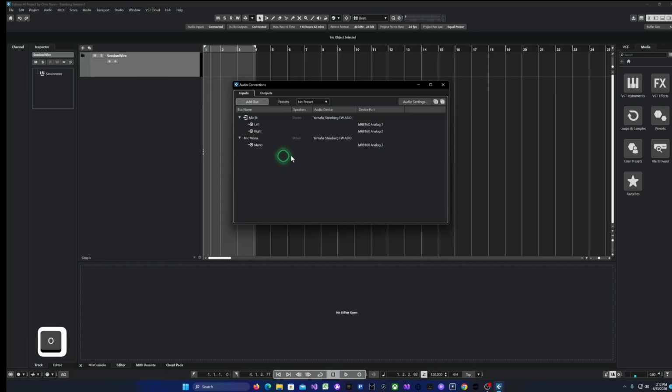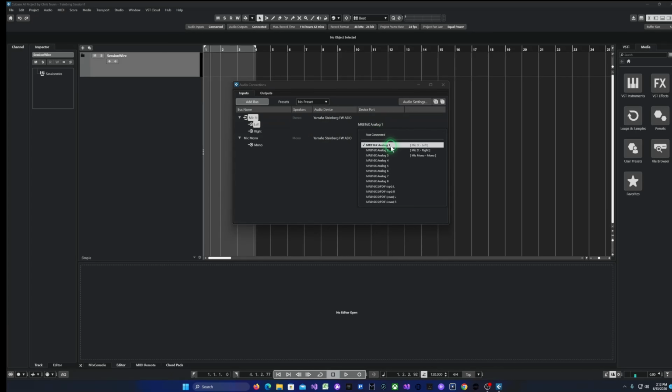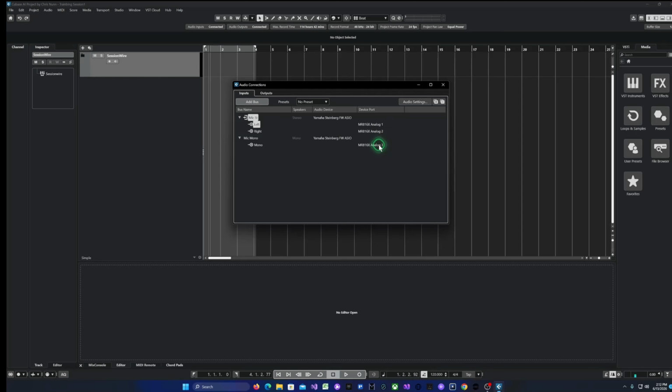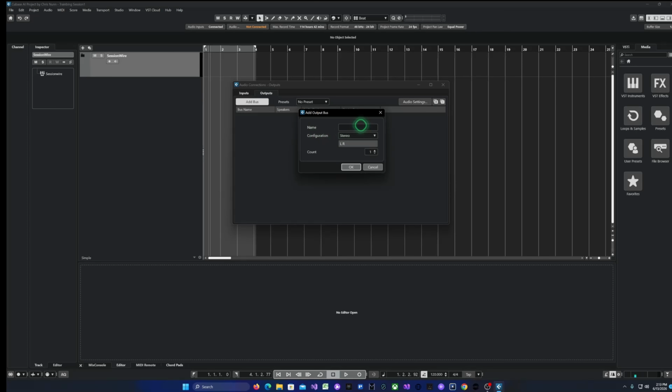All right, there we go. So make sure your audio interface is selected, and then you see your inputs. If your audio interface only has one input, then it will only show one. But if it has more than one, then you'll have options. In mono, it's the same thing. But we want to use one. My microphone is hooked up to input 1, so for both setups, I have input 1 selected, and then same thing for output. You may or may not have one already there. If you don't see anything there for your outputs, once again, we click add bus, output,